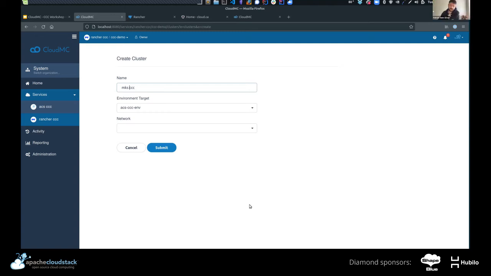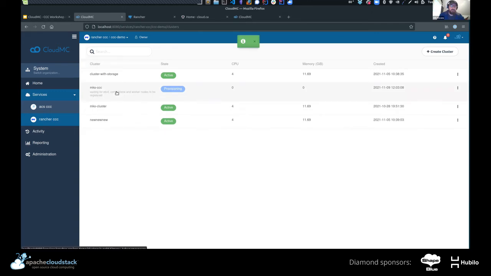And we'll go to there. Let's see. I think, yeah, this should be good. So submit. So here we go. It is provisioning a Kubernetes cluster by orchestrating